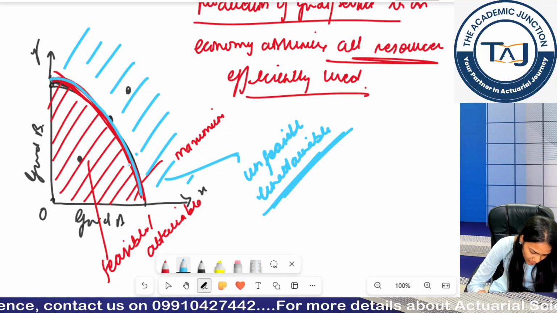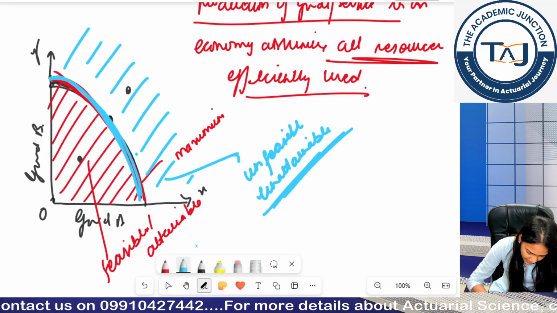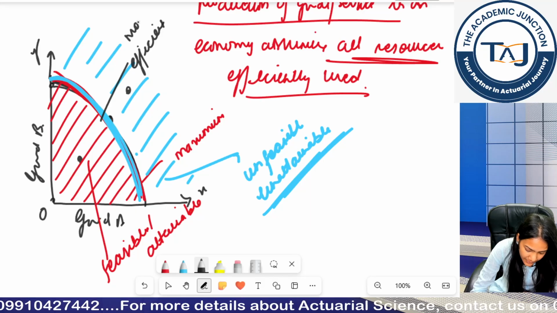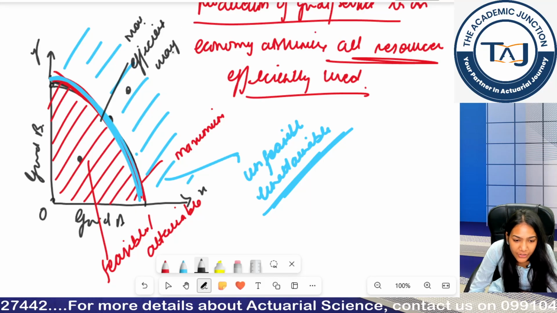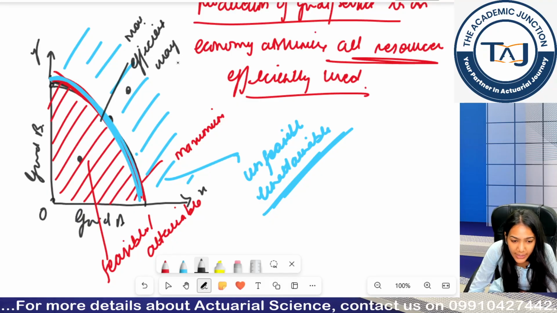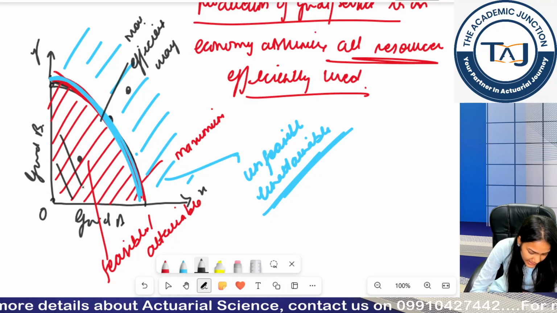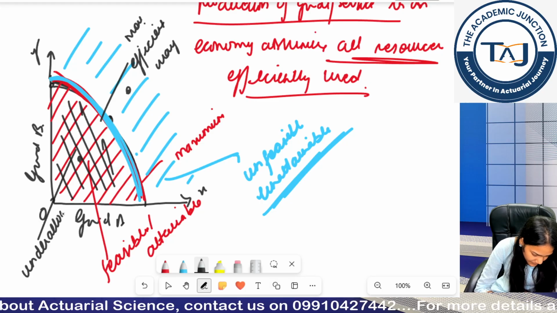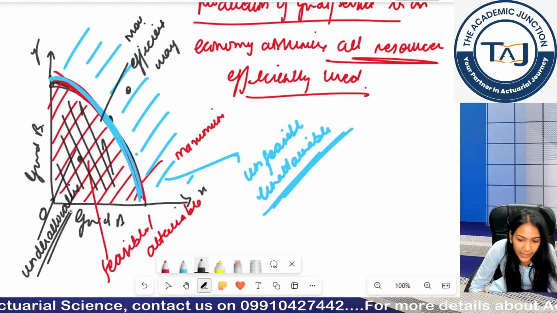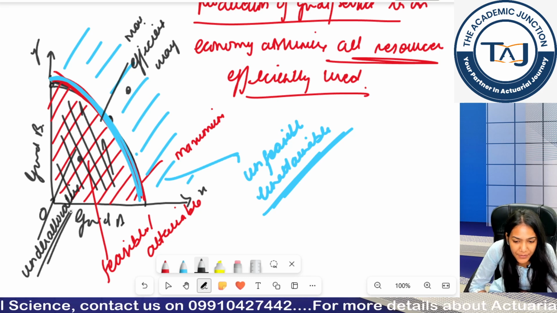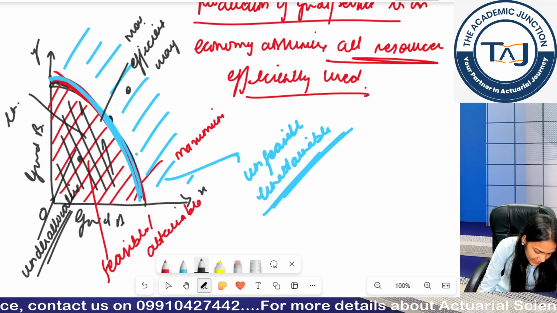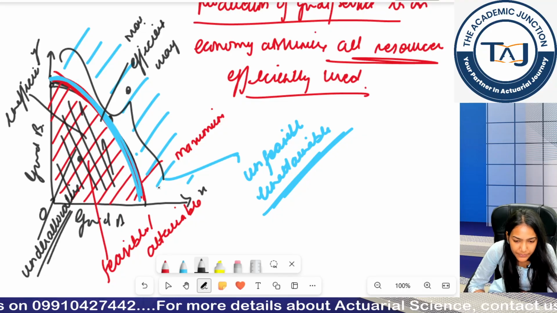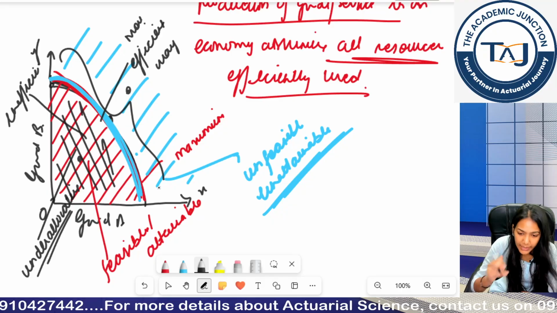Now, when I am talking about this line, I am using my resources in the most efficient way. Here I am achieving economic efficiency, but in this region I am under-allocating. I am inefficient here, and this region I cannot achieve. Is the curve clear? Are the dimensions of the curve clear?